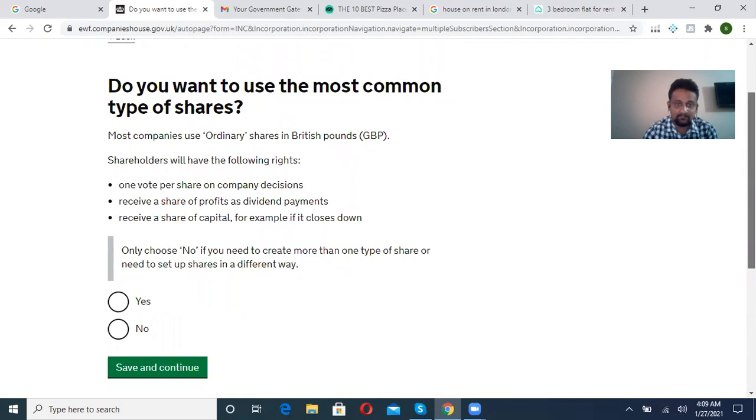Do you want to use the most common type of shares? Most company ordinary shares with GPP.